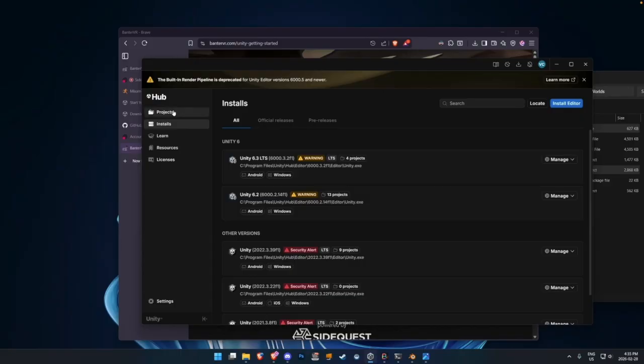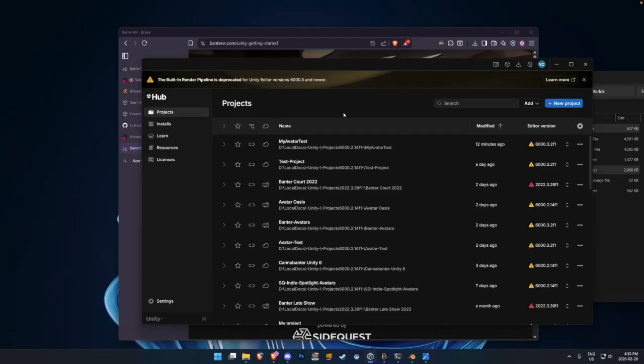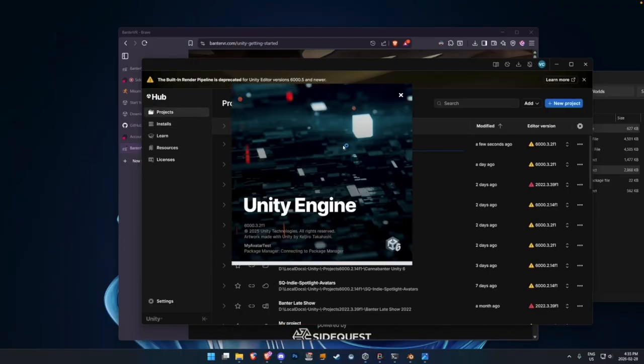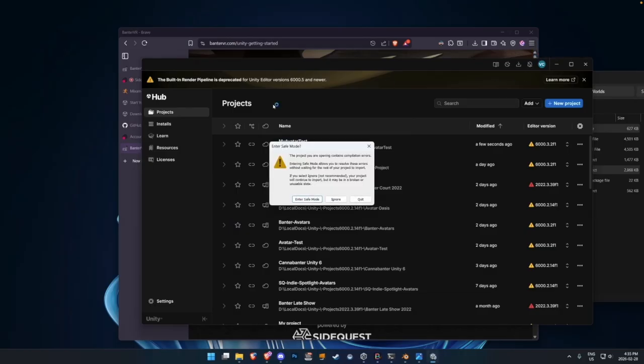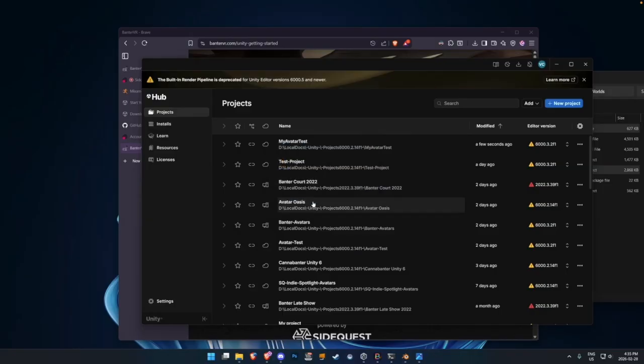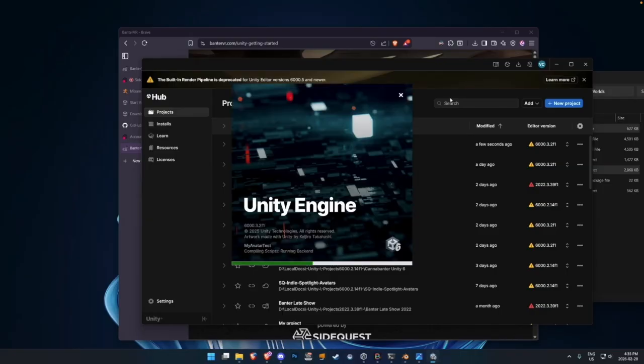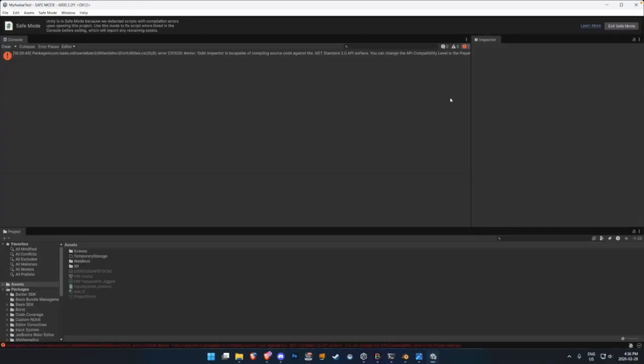Unfortunately, this is something that has been around for a while already. It's still not fixed. It's just something with the SDK, and everyone would experience these errors. So yeah, just open the project again, and it should send us to safe mode this time. There you go. So now, as you enter safe mode,